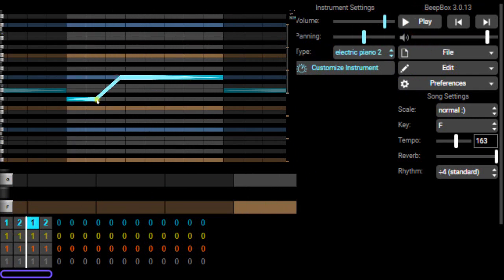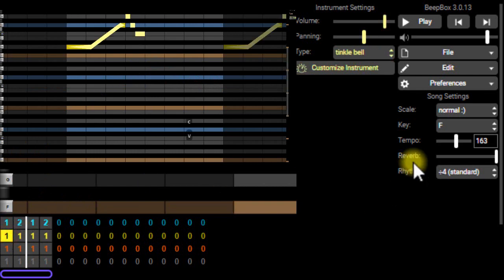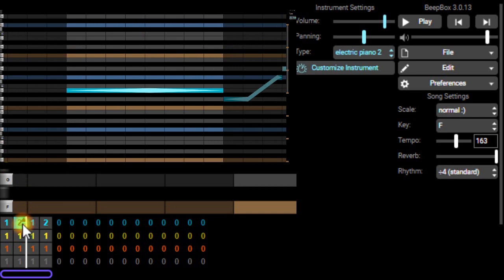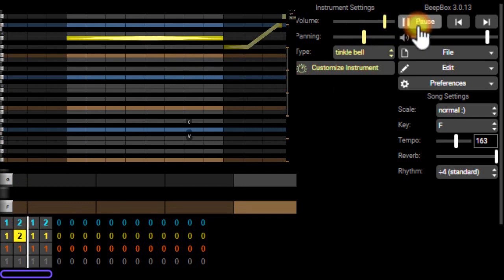I could add a pitch shift into one of these. The patterns can have any number of variations I want. And then the patterns can repeat as many times as I want, or as infrequently as I want. Each one of these patterns is for a different instrument, so I could copy the same pattern and put it into the second line, and BeepBox has selected a random instrument for me, so it's going to sound a little different when we blend them together. So let's blend these 2 instruments together, and you'll see that they create